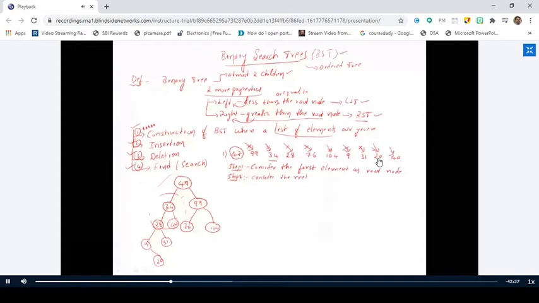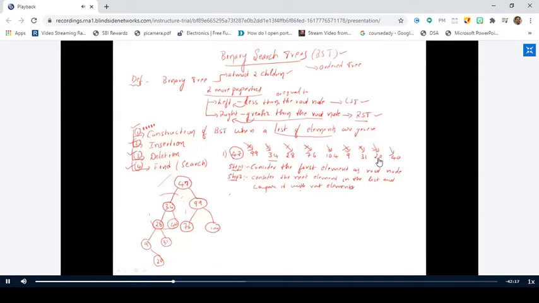Root element, sir. Okay, consider the next element in the list and compare it with the root element. So what could be the third step? Take the third element. Super. So if the element is